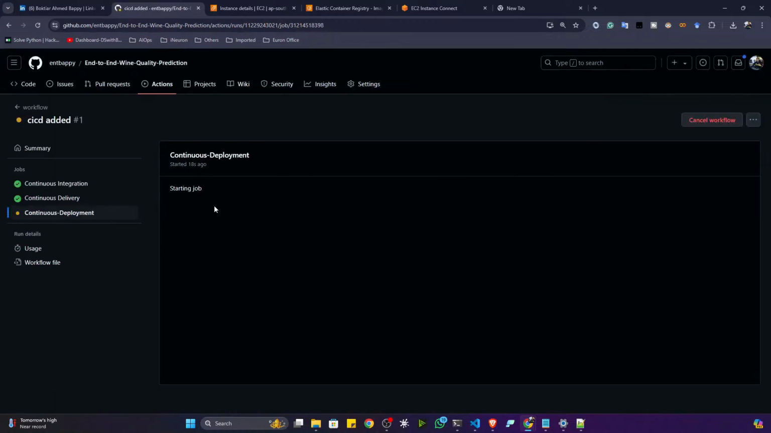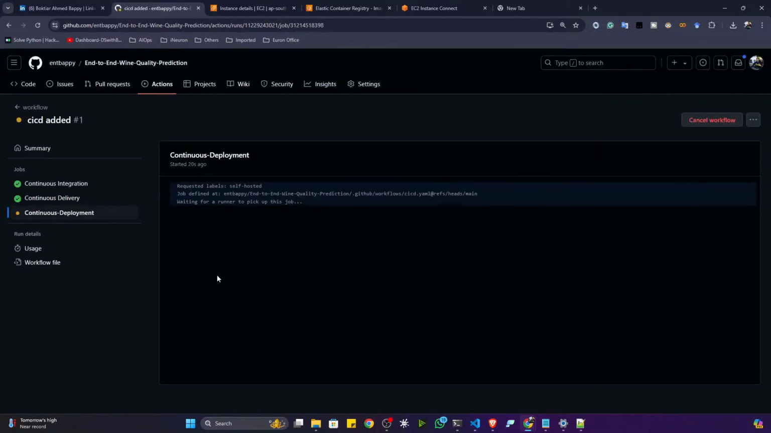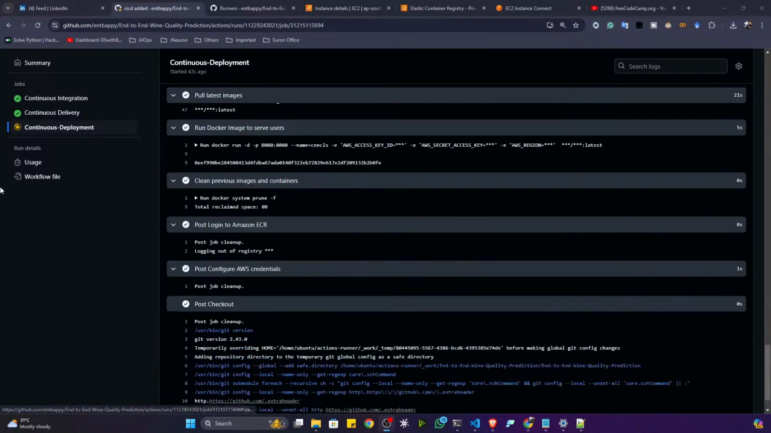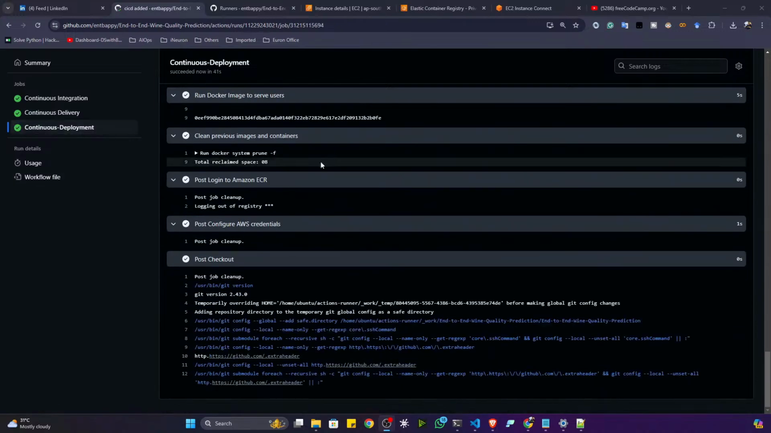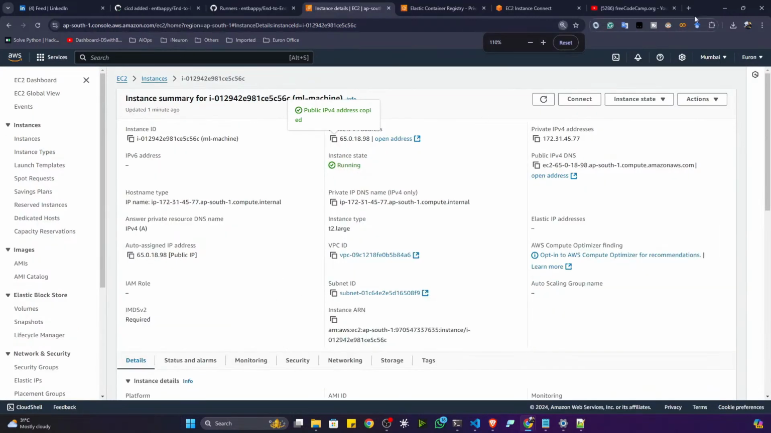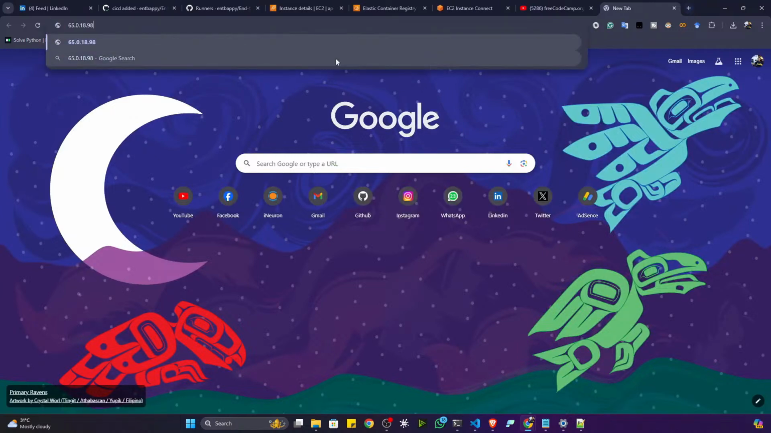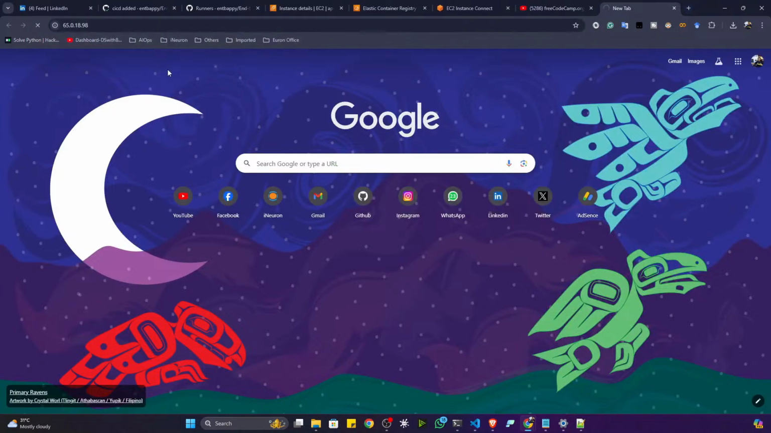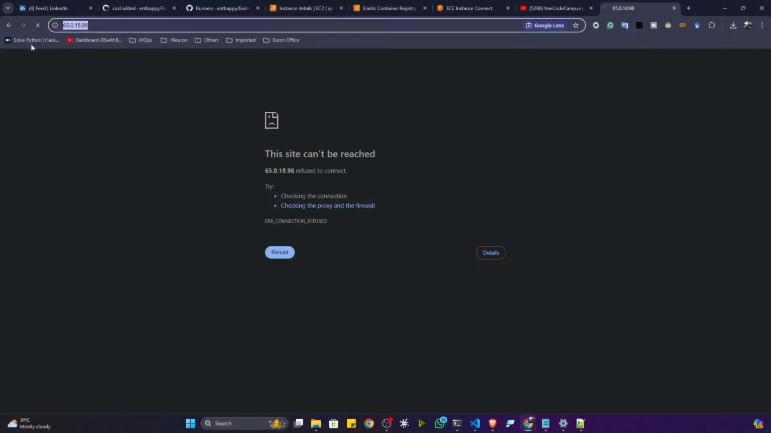So what will happen now? It will again authenticate with my AWS cloud. It will pull the image from my ECR and it will run in my EC2 machine. Okay. So guys, as you can see, my continuous deployment is also completed. Now what I will do, I will get back and here you will see one public IP address. Just try to copy and paste here and see if I execute. See, it won't be working